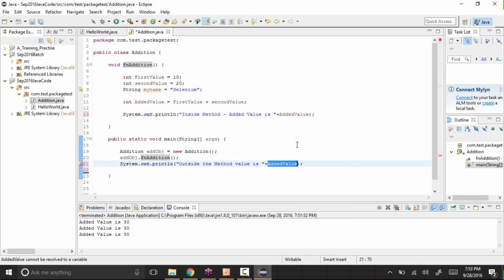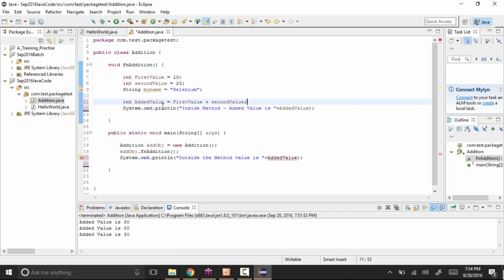So if you want to use that value outside that method also, what we need to do is return the value. Here you are saying void. That means we are saying that function will not return any value. But in case you want to return a value, how to do that is, see,